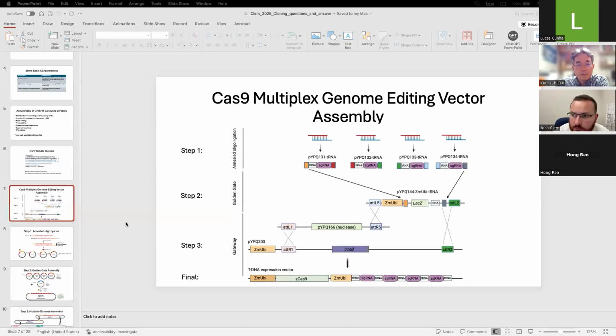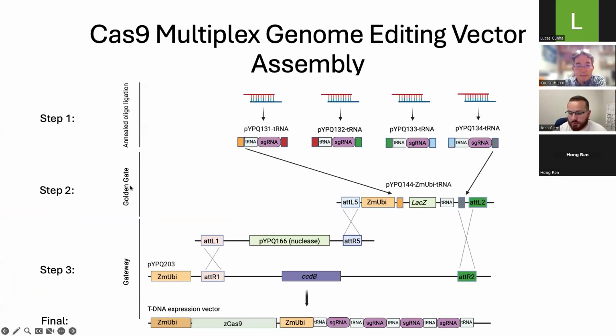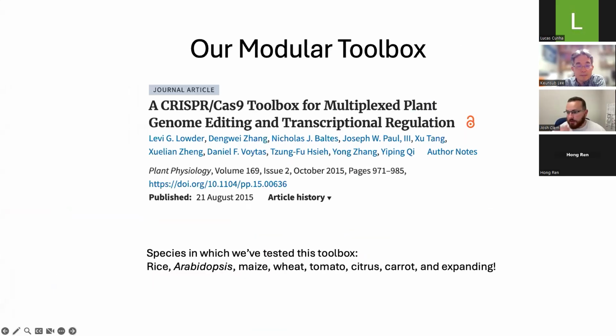I can actually share a slide, so I'm not just trying to explain it with words. It might be easier to have a visual aid. Okay, are you able to see my PowerPoint here? Yes. Okay. So basically, this is the original publication in which we produced this system,